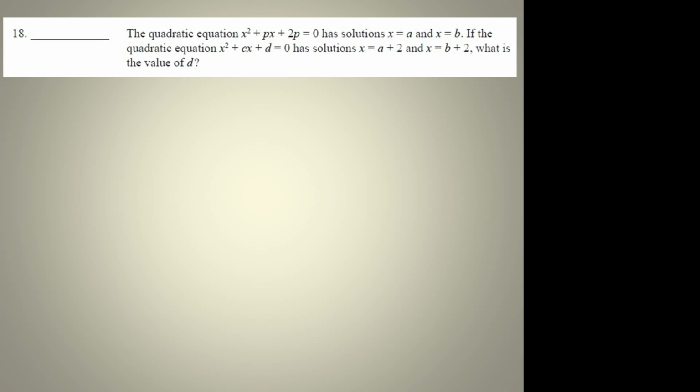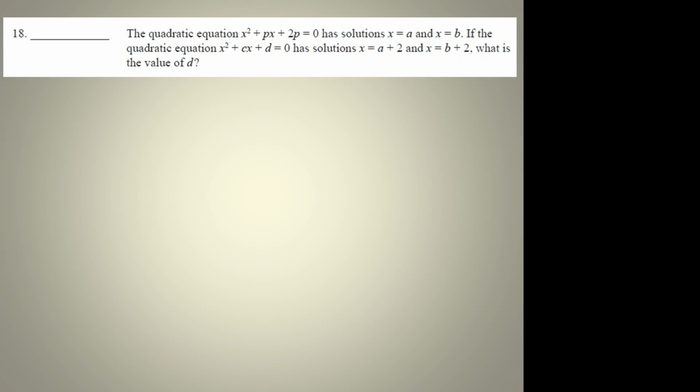Number 18, the quadratic equation x squared plus px plus 2p equals 0 has solutions x equal a and x equal b. If the quadratic equation x squared plus cx plus d equals 0 has solutions x equal a plus 2 and x equal b plus 2, what is the value of d? Okay, if you think about this,